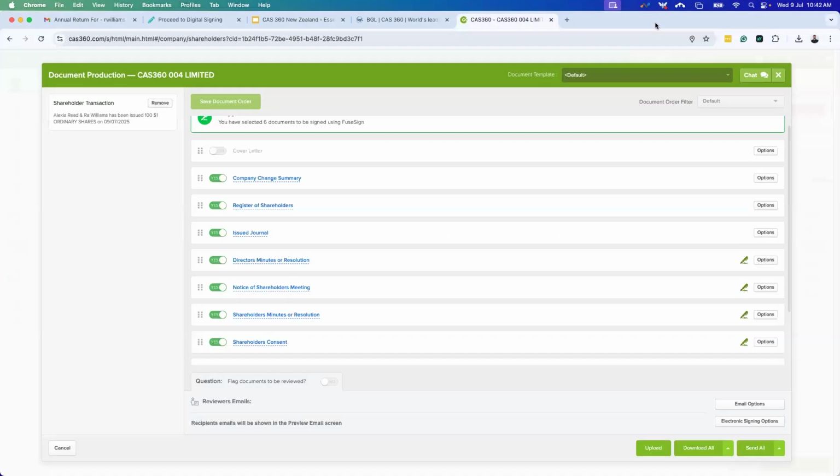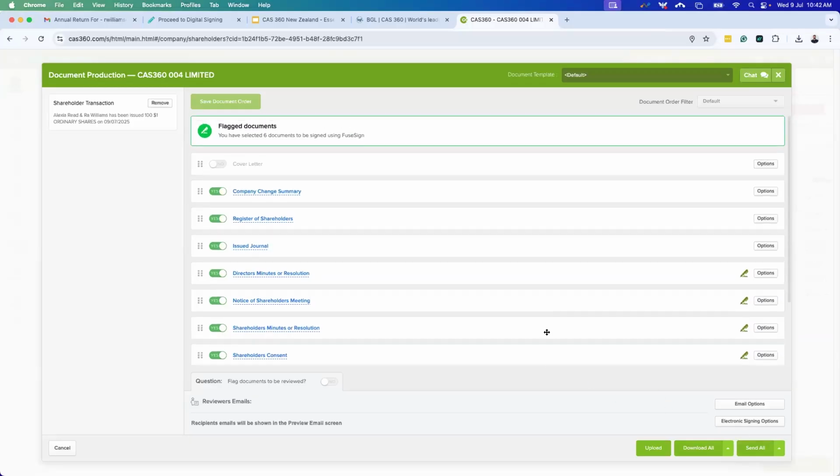Now, one thing you will also be able to see is there are these little arrows next to the download all and send all section. Let's say you are preparing a share transfer and maybe this client takes a long time to get back to you because they're always really busy and they need a few reminders to eventually get that transaction document signed off and back to you so that you can go ahead and file it through, because that's your internal workflow, but you're constantly having to chase up with this client. What you are able to do is click that little arrow there